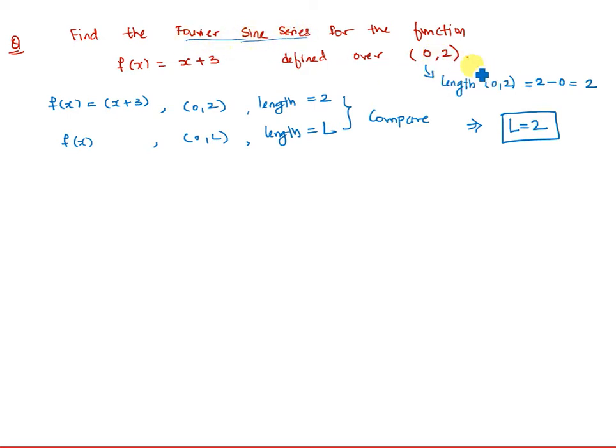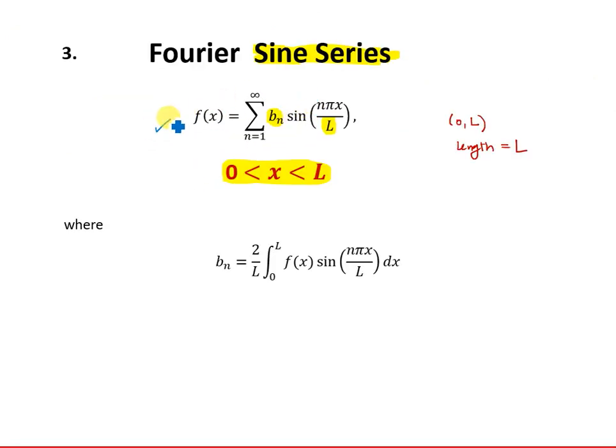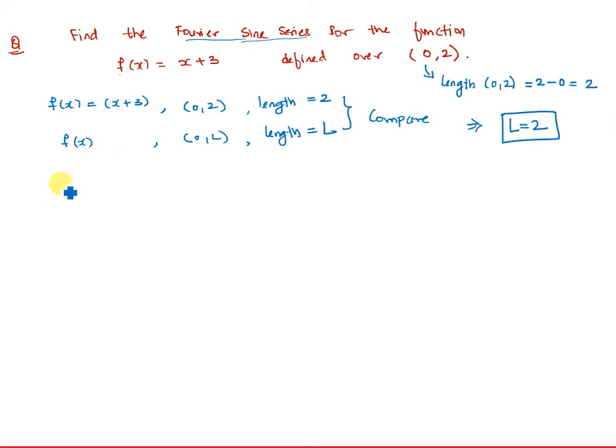We have to compare the length of the interval of the given function with L, whereas in the Fourier series, it was 2L. Now we say that this is the Fourier sine series. So we write the Fourier sine series is given by,